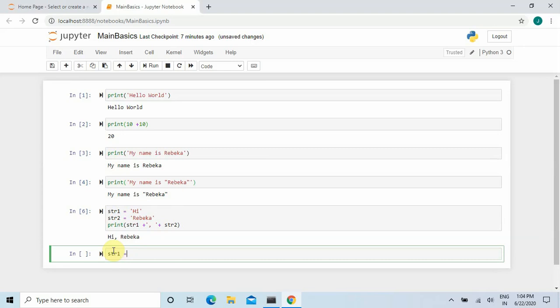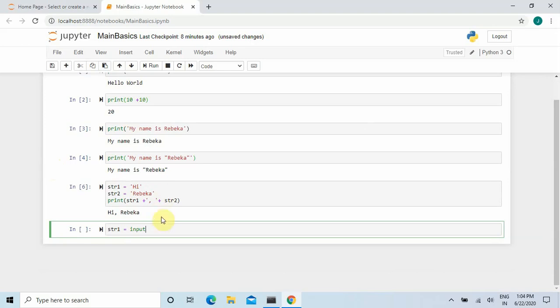Again I am taking str1 is equal to input. This input function will prompt the user to input a string or an integer. So in the input, I will give a bracket and type enter